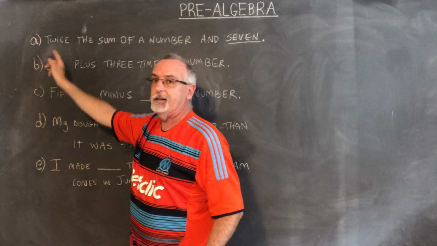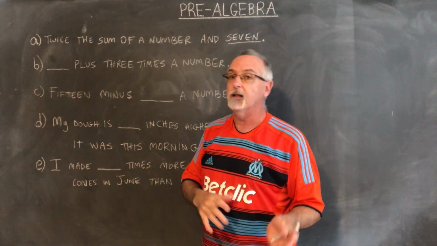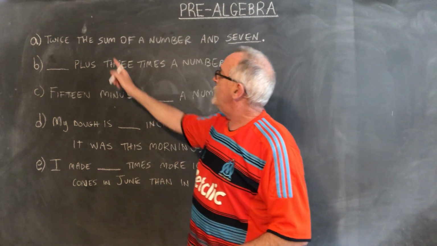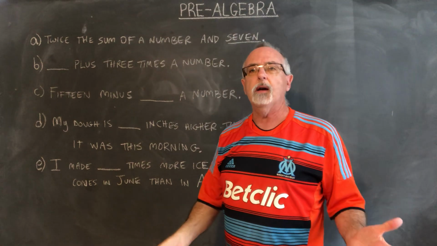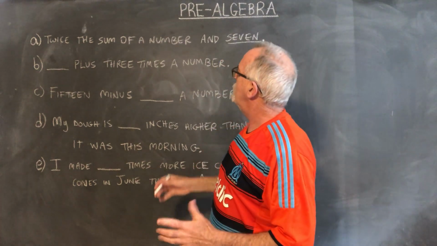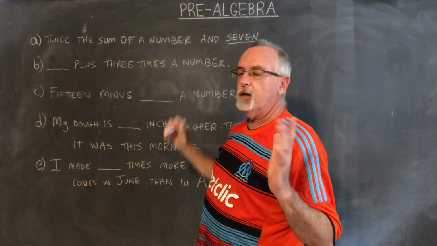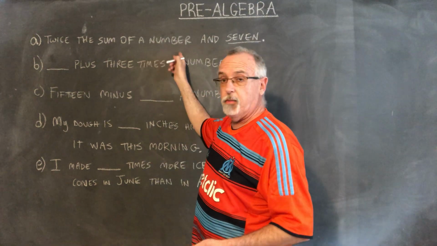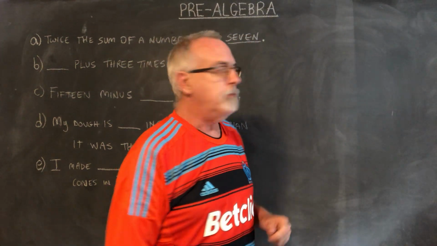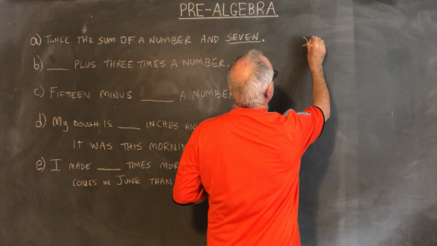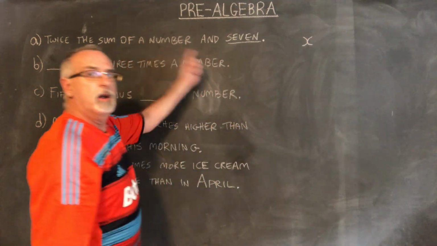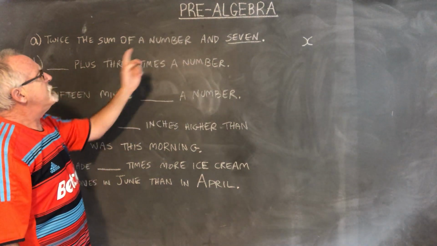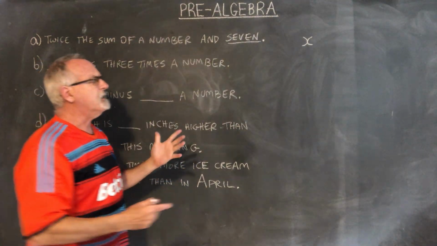So twice, a commonly already understood word in the English language, means that we are doubling something, that something is being multiplied by 2. Twice the sum, the sum is what you get when you add things together, a total, of a number. That's what we're looking for, a number. We're going to use a variable to represent a number. So let's say we start with x, the most commonly used variable. X can be the number, but I'm not finished, because we don't just have a number in this sentence. We have twice the sum of a number and 7. The number and 7, meaning x plus 7,